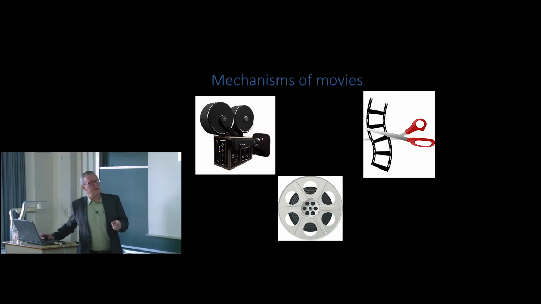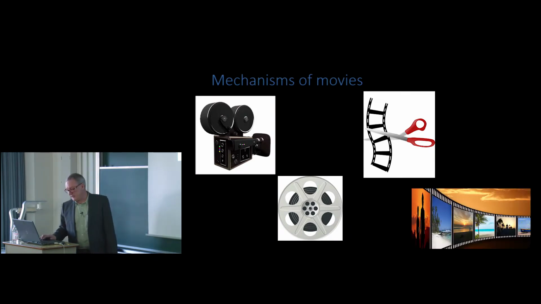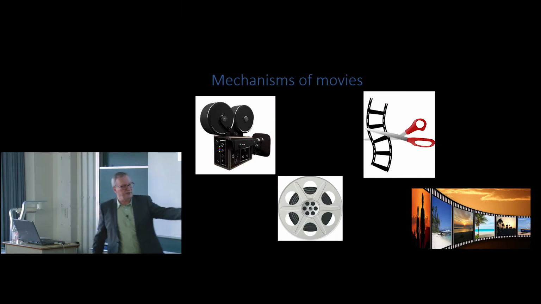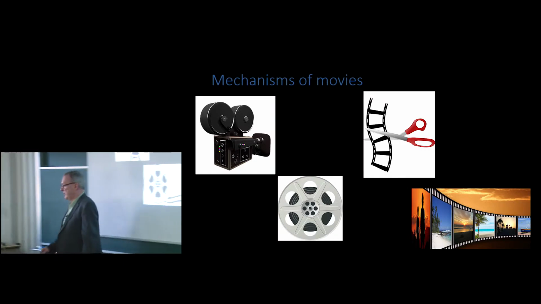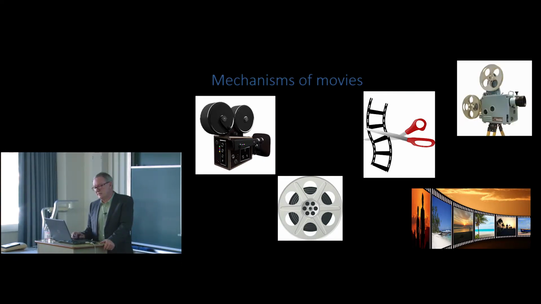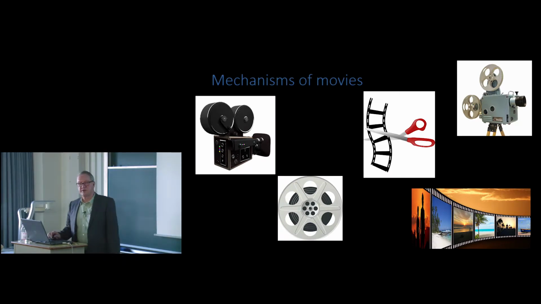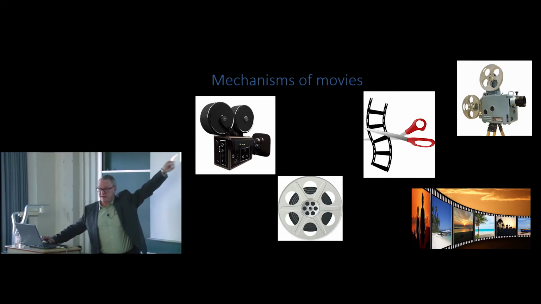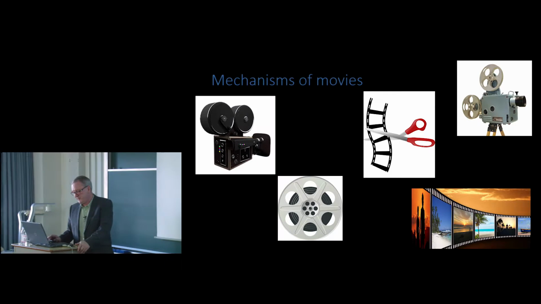And then, of course, as we said the other day, it's not just a matter of the camera taking the pictures. There's the editing studio where cutting takes place, literally like that. You cut the film and then you kind of glue it together to make a connection between one series of images and another. And there you see something like that. I can't believe you would ever have so many different images in immediate succession like that. But that's obviously implying what goes on in editing. And that's the projection, which then takes the finished film and projects it onto the screen using a mechanism rather like this, in fact, with the cog wheel pushing the film through.